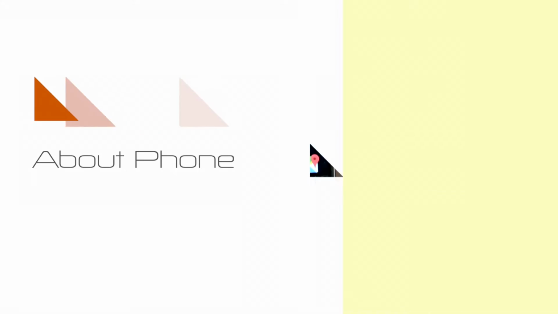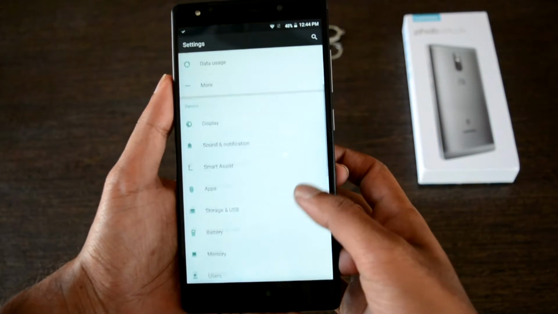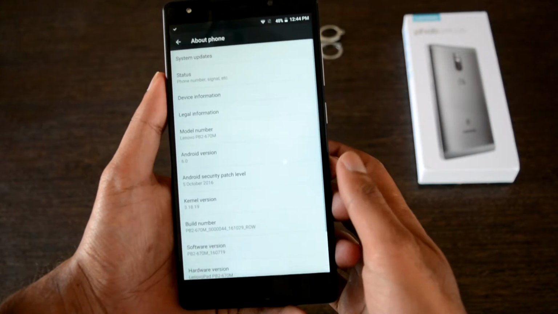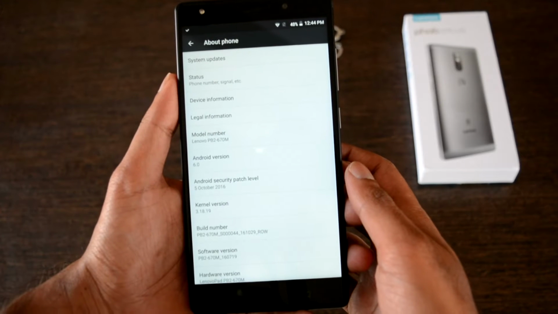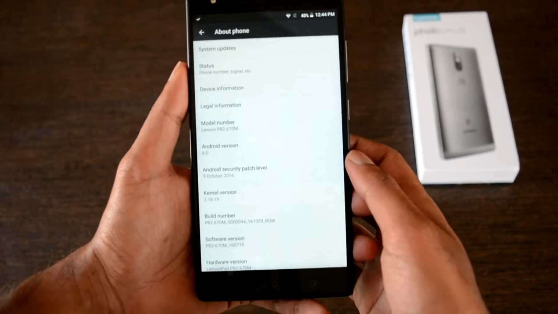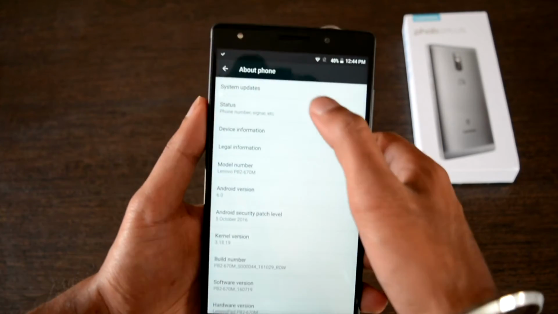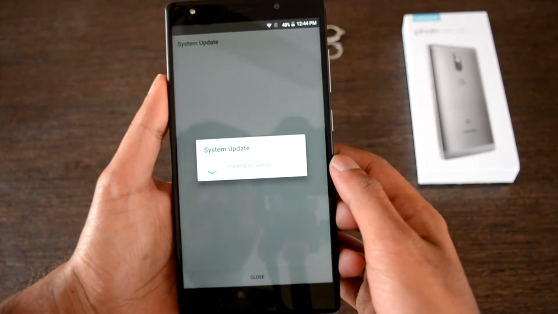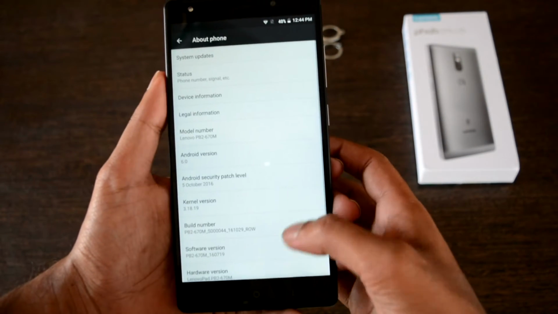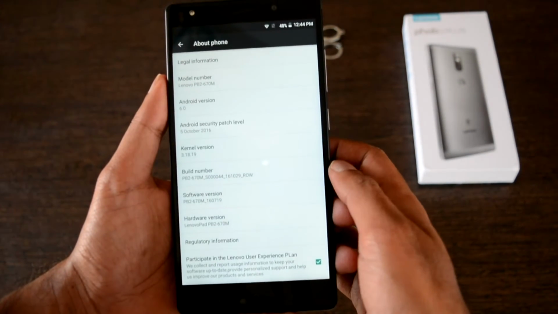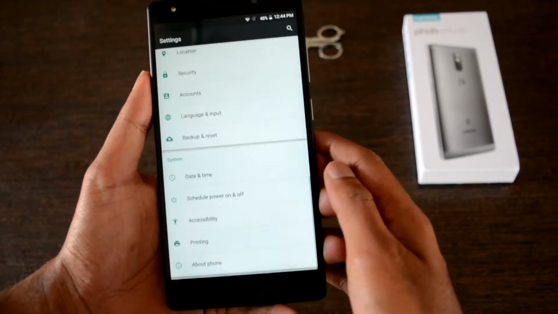Speaking about the phone and doing a small recap of what we had done in our previous review, the Lenovo Phab 2 Plus is equipped with an octa-core MediaTek SoC, 3GB of RAM and 32GB of internal storage. It is interesting to note that this SoC is not a very popular one. It consists of 8 ARM Cortex A53 cores and is built on a 28nm fabrication process, which isn't too different from other MediaTek chips. So let us have a look at how the user interface and the software perform